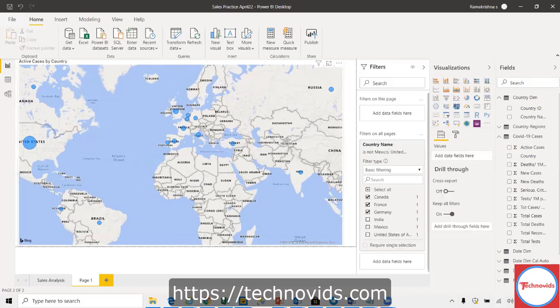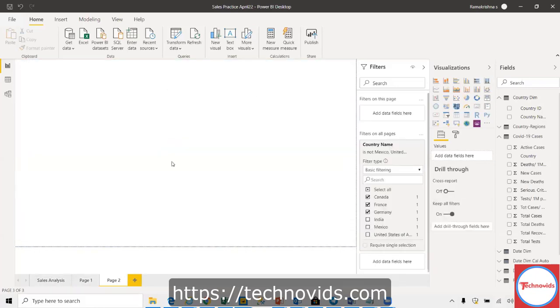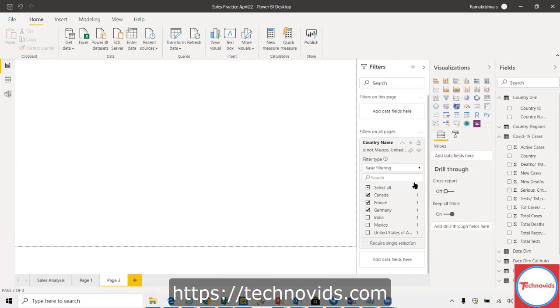So let us go back to our sales analysis and start with some simple kinds of charts, then we'll take up some properties and all those things. Then we'll go back to DAX again, mostly next week. I would like you to settle down a little bit, then we will go back to DAX again. So let us start with what the various charts available are. Let us see that part. Okay, all right, Karthik. Perfectly fine.